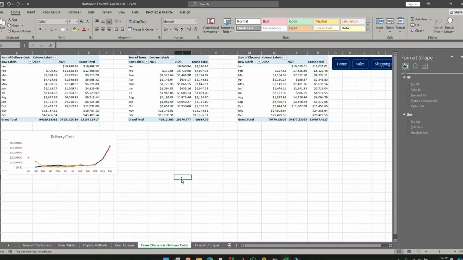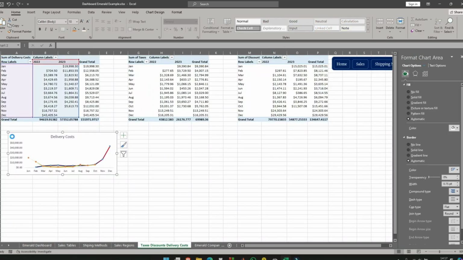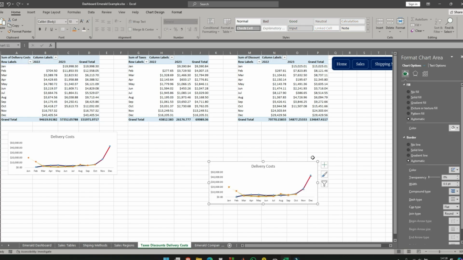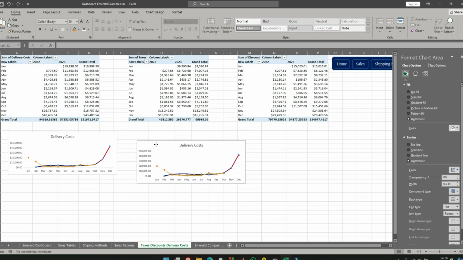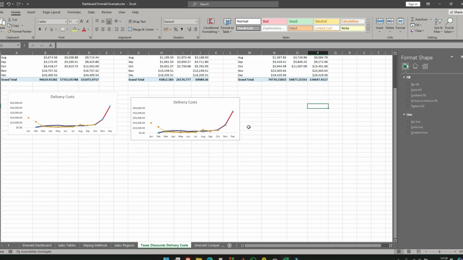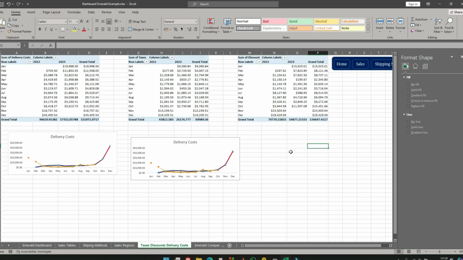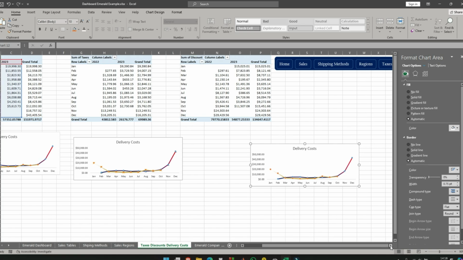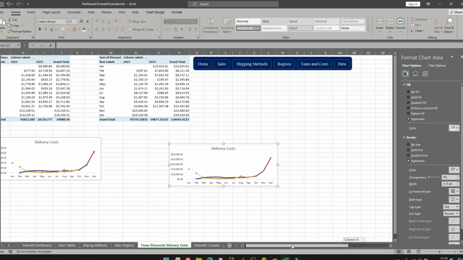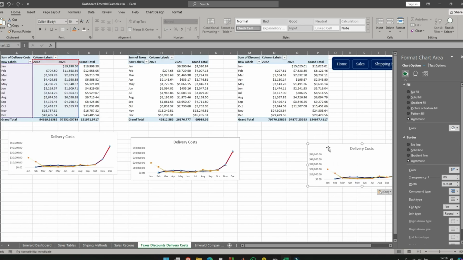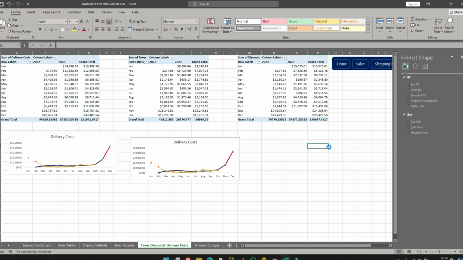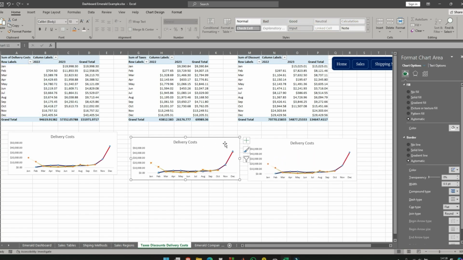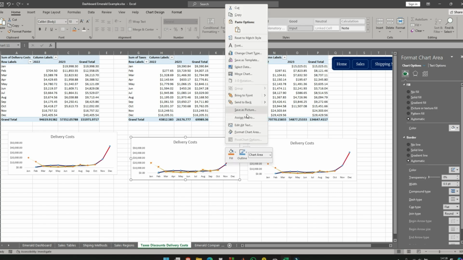Going back to this, I'll copy this, Ctrl C, and paste it here, and paste it again. So I'll move this here, and just delete. Oh, sorry, Ctrl Z. I don't want to delete that. Then I'll select the data,